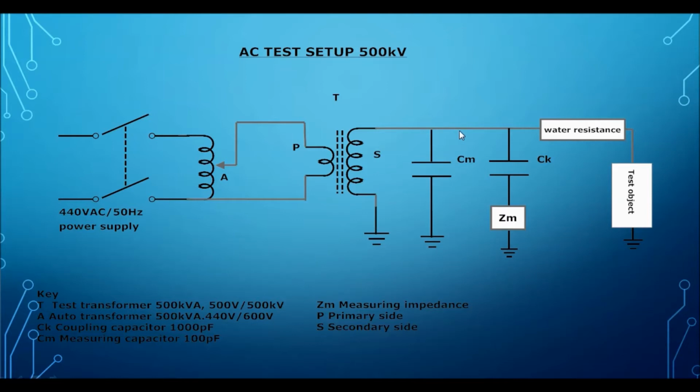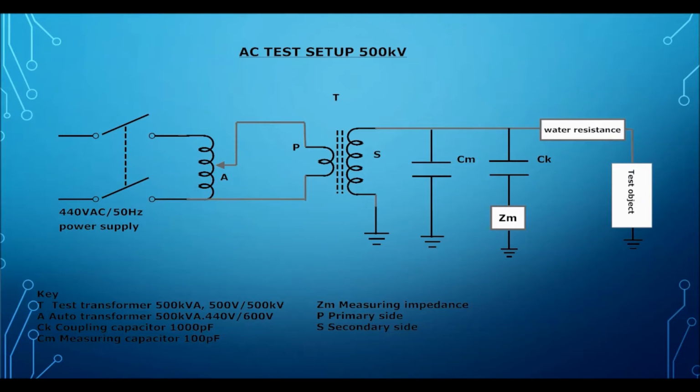You cannot measure high voltage directly with any voltmeter, so you can use an instrument transformer like a PT. Then one coupling capacitor is connected here. This coupling capacitor also measures the high voltage. Then this is the test object. The same test object you can test with impulse flashover voltage. Then the same test object you can apply AC power frequency flashover voltage. Then we can find out the impulse ratio.